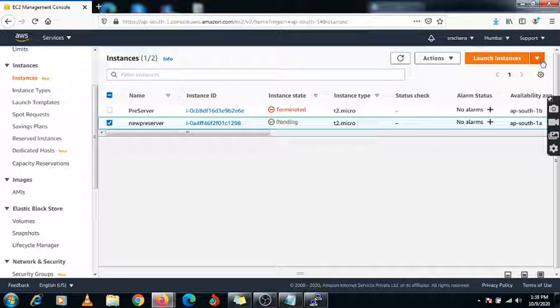While creating this new server, you can also create a server with any different configuration, under general purpose and provisioned. At that time you can create your instance according to your requirement. So this is the method you can apply in an organization while working on snapshots.